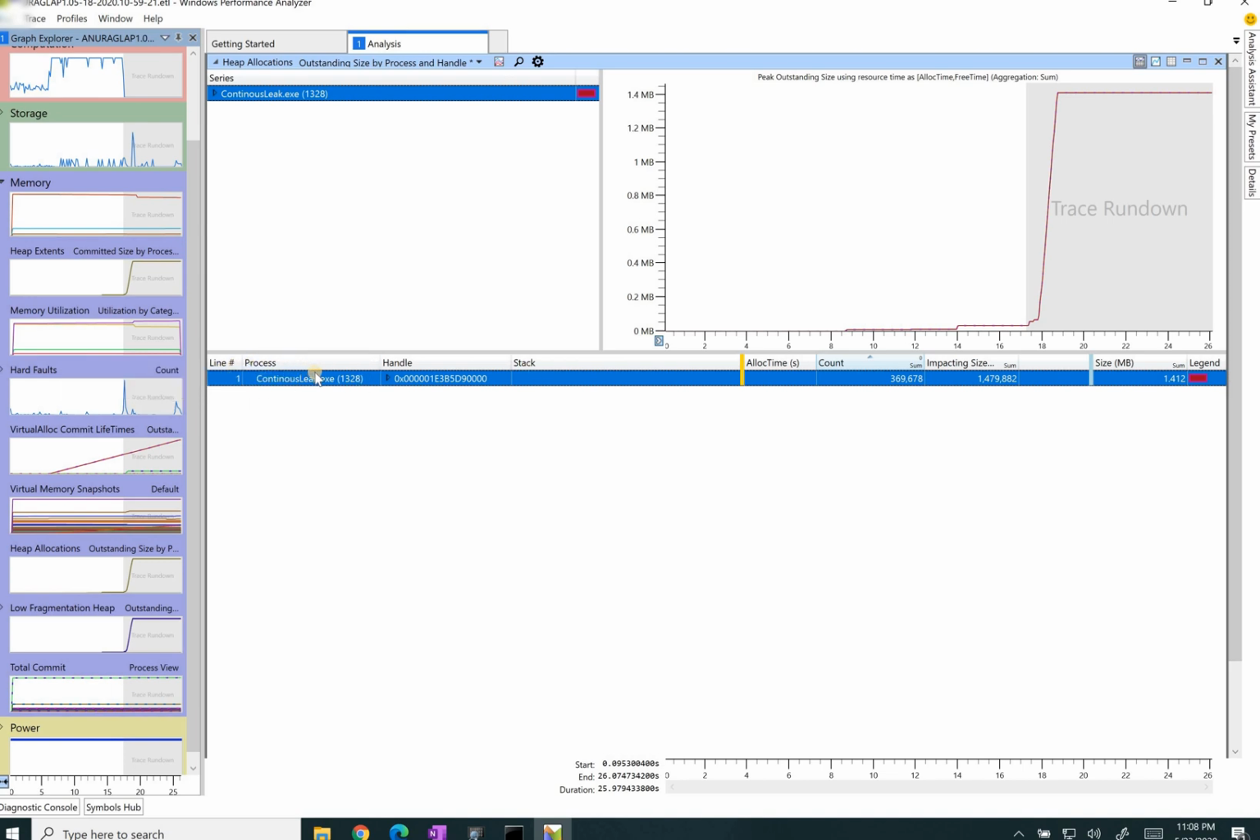We have line 1, then we have the process name. Of course, this is what we want to investigate. Continuous leak, as the name suggests, leaks memory in our simulation for a memory leak. Handle. Now what is a handle? A good thing is that you can always hover your mouse over the column that you want to know more about. So it's handle. It says the heap handle containing the allocation. As we know, the heap has handles in native memory. So every heap has a handle, so you can always track a heap allocated under a handle. So that's why